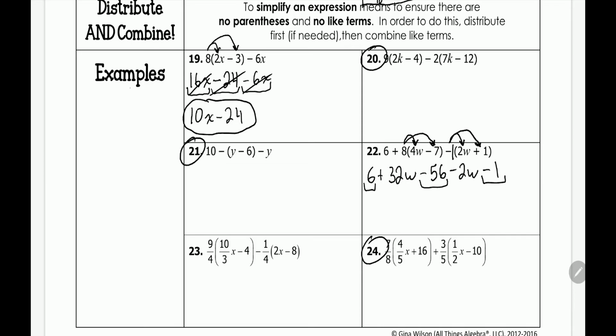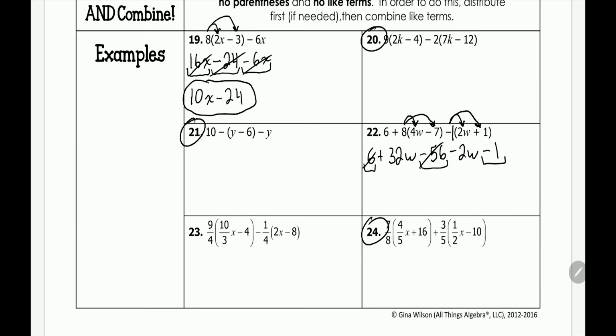If we combine those, we're going to have, let's see, 6 minus 56. Well, that's the same thing as negative 50. Alright. And negative 50 minus 1 is negative 51. So we have negative 51. And we're done with the constants. Now we have the variables with w. So we have 32w minus 2w. Well, that's